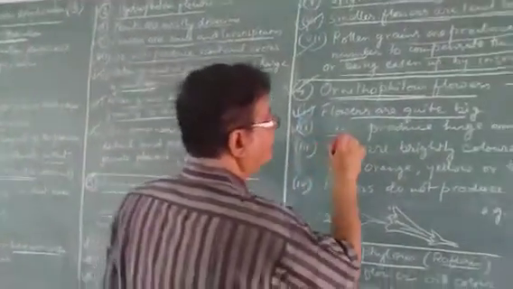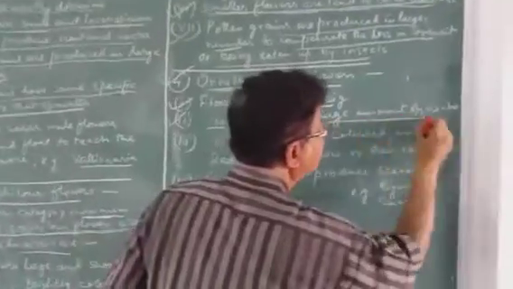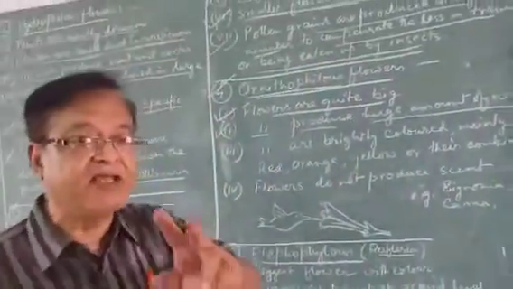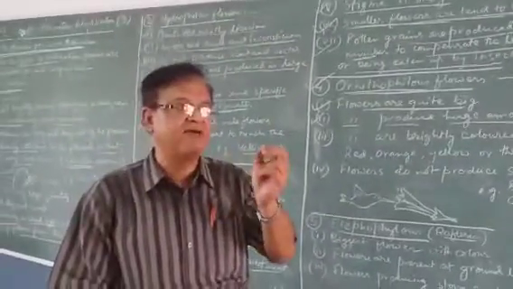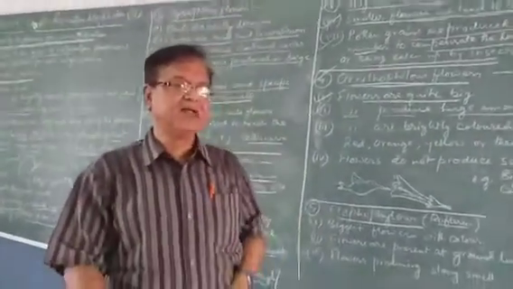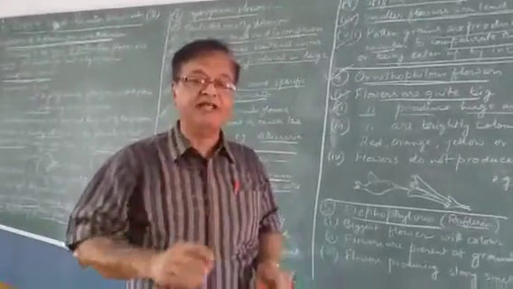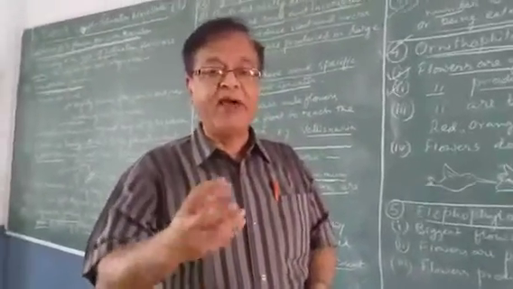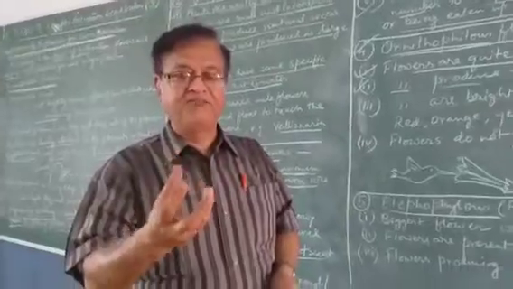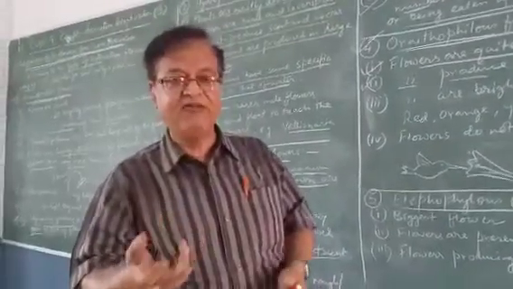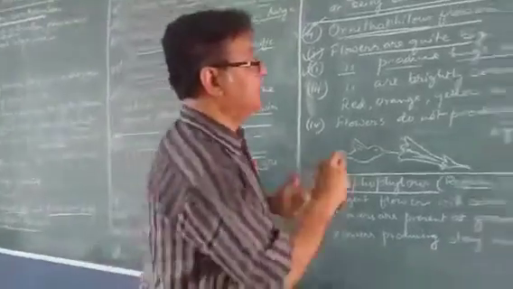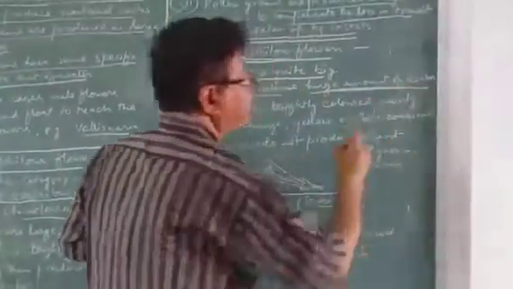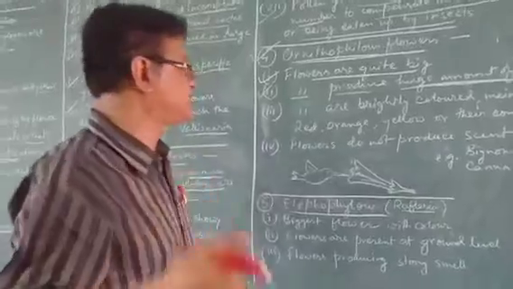Number 2, flowers produce a huge amount of nectar. This can be compared with the entomophilous flowers, which produce a little amount of nectar. But a bird is a bigger animal. Their stomach is big. They require a lot of food. If they do not get a sufficient amount, then they will not come in great numbers. So the flowers produce a huge amount of nectar, which acts as food for the birds.